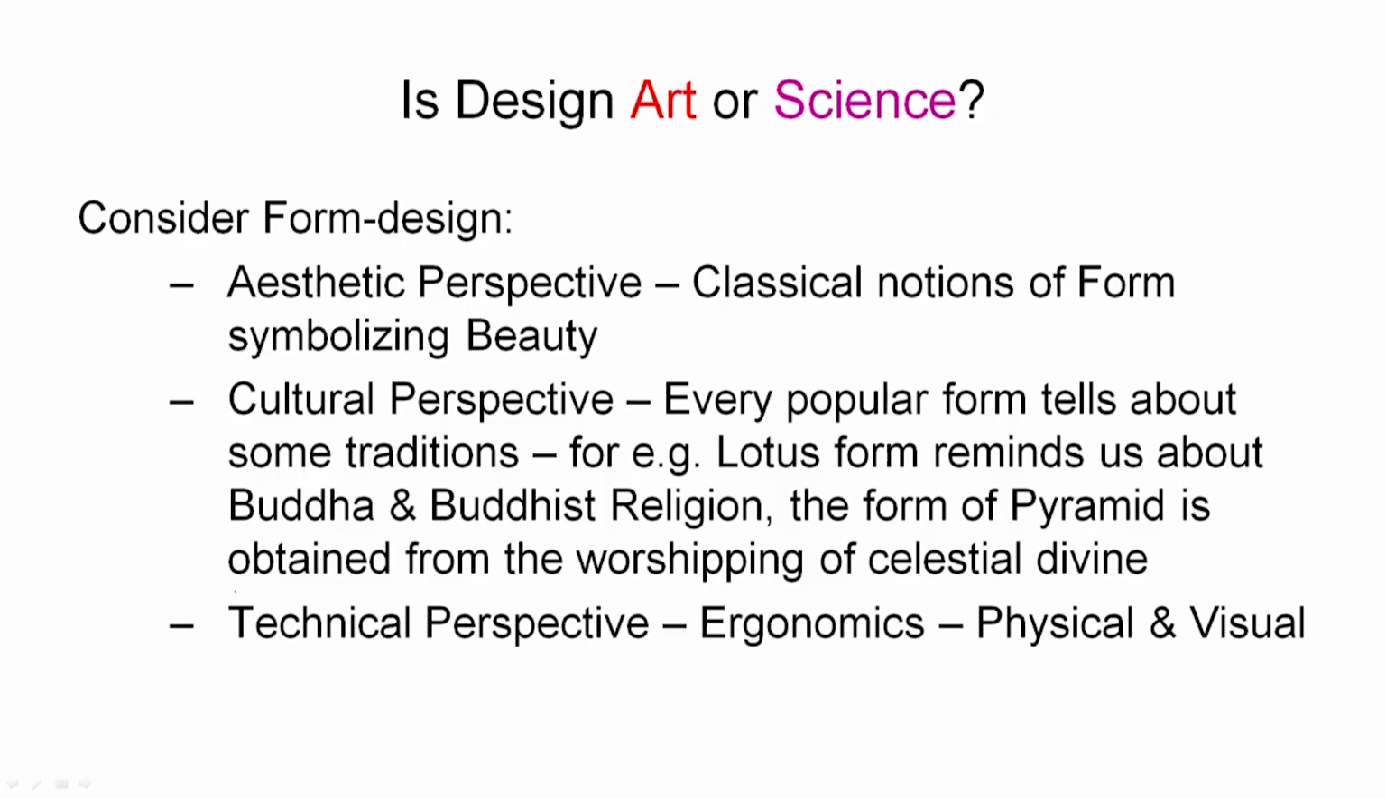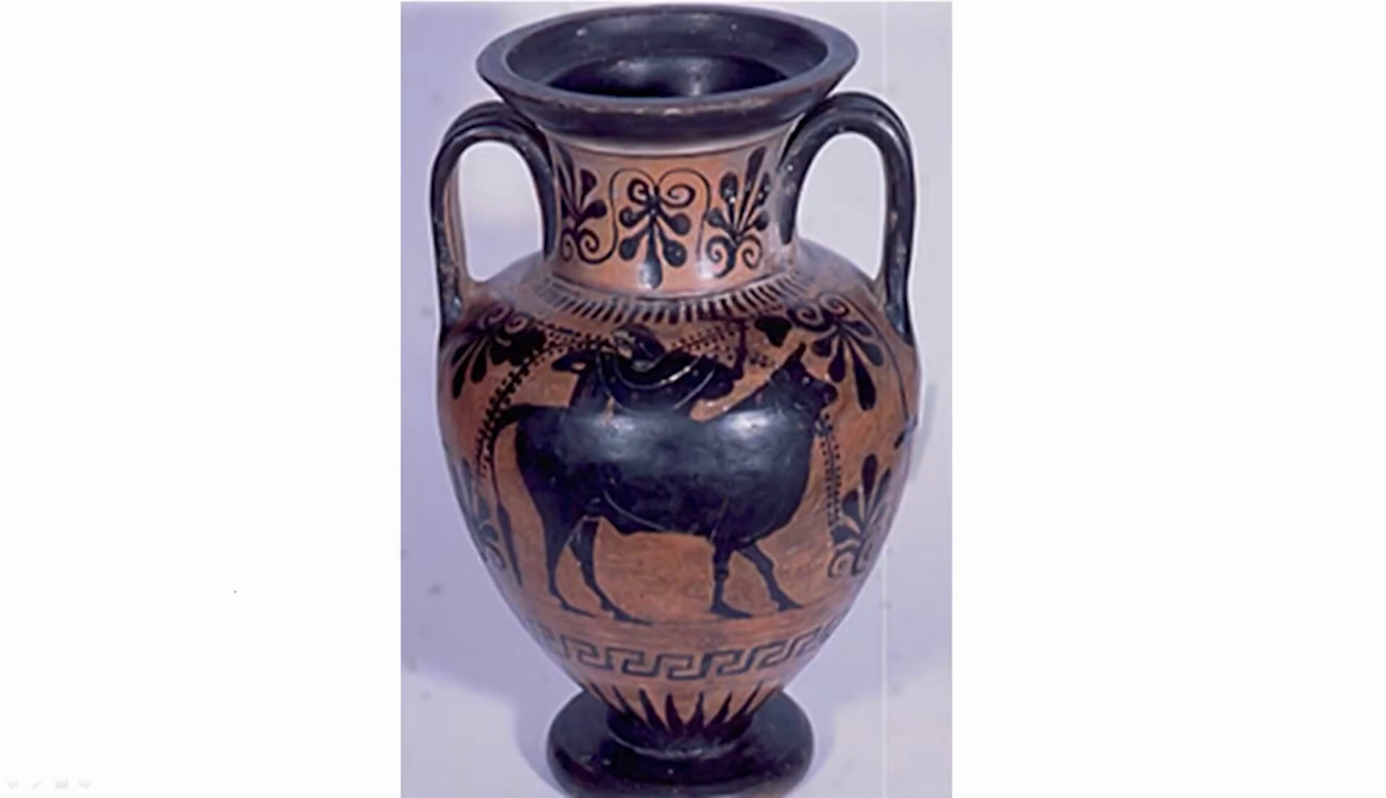And there is another perspective called the technical perspective, which is also an important part of form design. It has to take care of the ergonomics of design, the physical properties of the design, as well as the visual properties of the design. So, even for form design, not for the functionalities, there are different perspectives that go inside a design. If I look at this particular